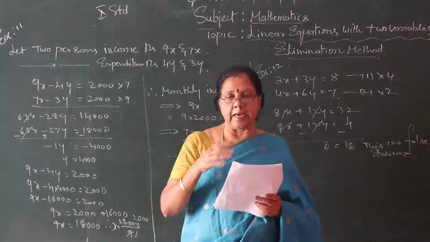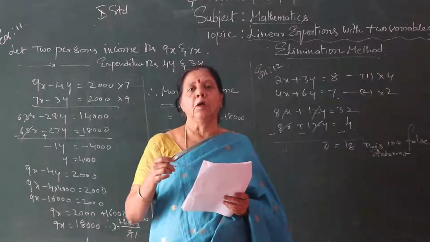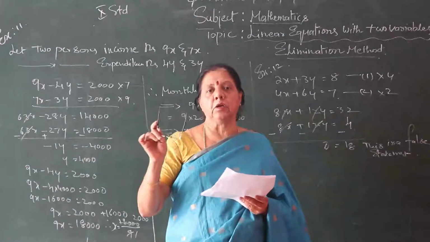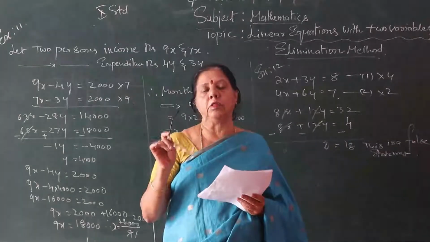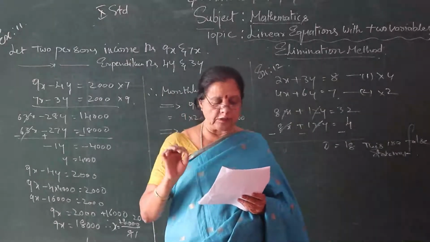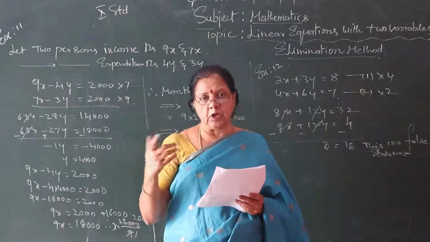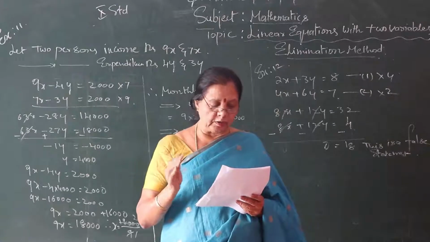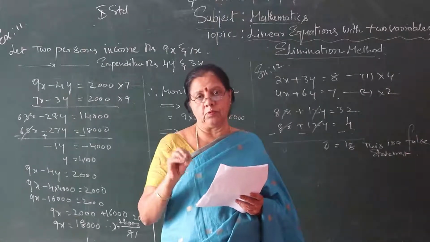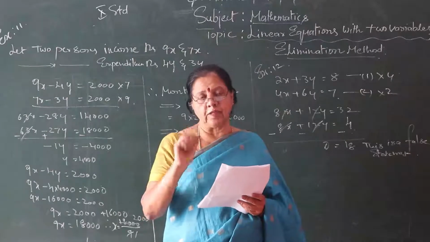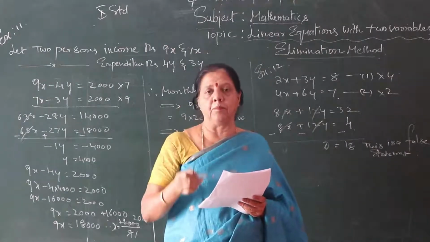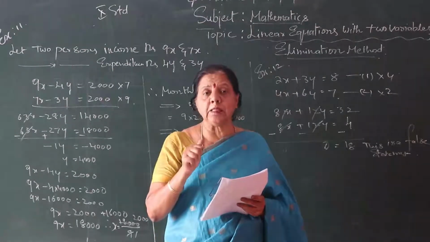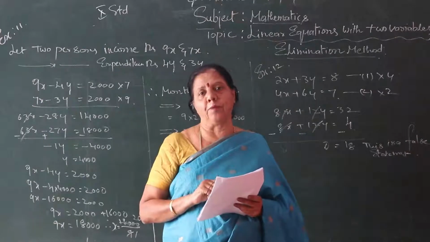And the ratio of their expenditure is 4:3. They buy so many things and all. The expenditure is 4:3. If one spends 4 rupees, the other spends 3 rupees, like that. Each of them manages to save 2000 rupees per month. Find their monthly income. Both save 2000 rupees from their income. We have to find out their monthly income.